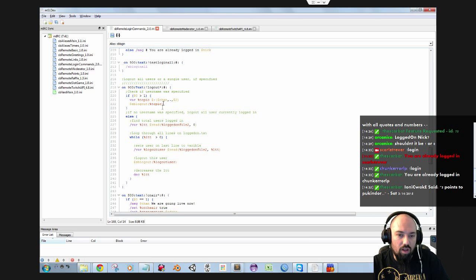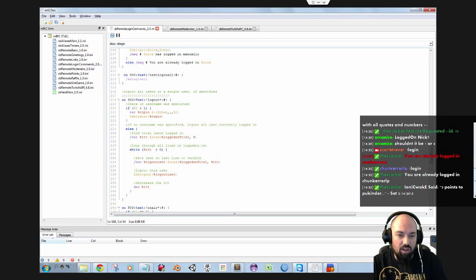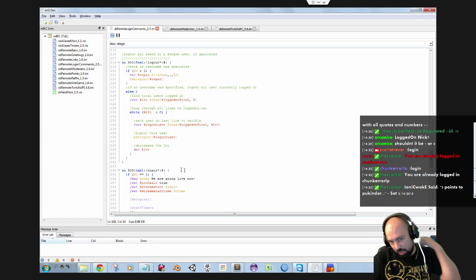So I can either log out a specific person, or just type log out, and it logs out everybody. Log out by itself is a log out all. Log out should be log out self. But right now, that at least tells me what I can do to test this. That means I can use